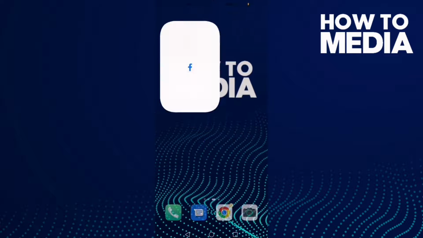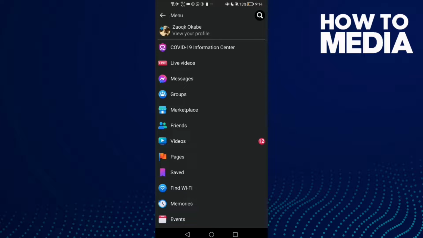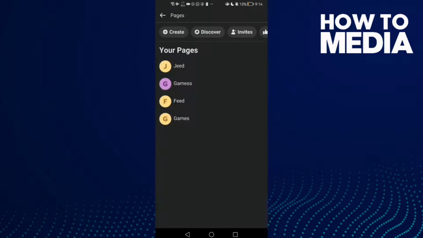First thing, go to Facebook Lite. Here you will find these three lines in the top corner. Click on it and scroll down until you find the pages. Click on it and now just select your page